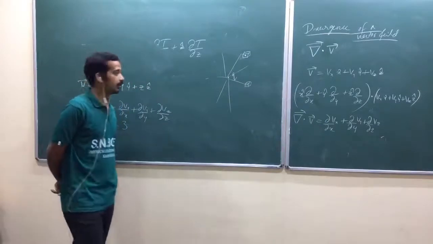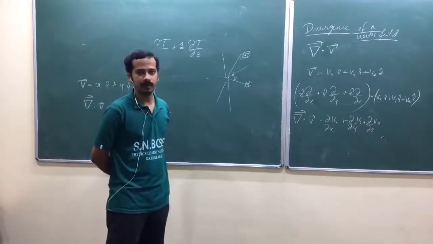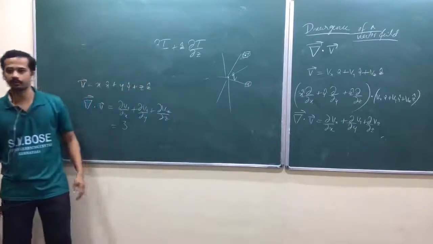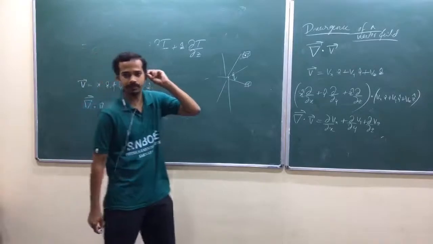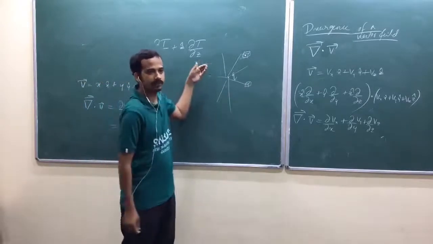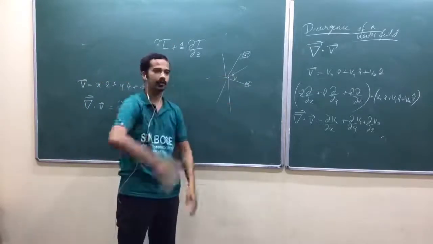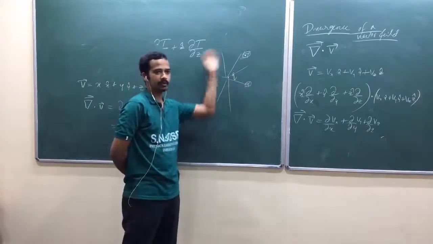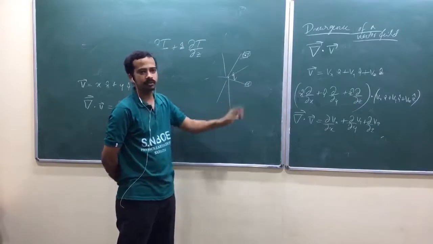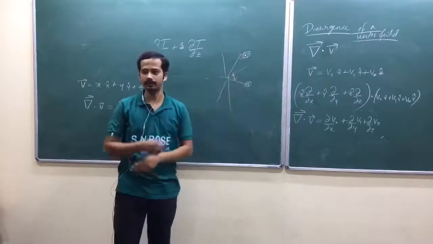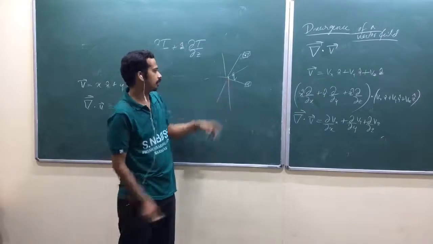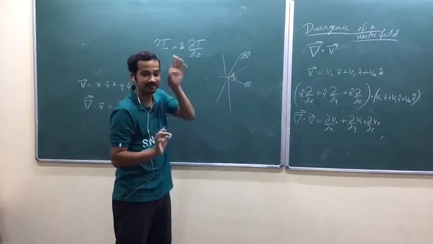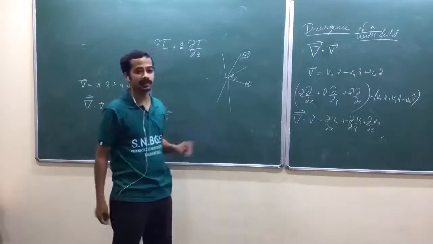Now you can see how that is purely mathematical. If you take your electric field equation and take a divergence, you will get divergence 0. What do you mean by divergence 0? The number of field lines going into that point should be equal to the number of field lines going outward from that point. That says divergence is 0 at any other point, so there is no other source of electric field at any other point. The only source of electric field is this plus Q charge. Electrostatic field, I am talking about electrostatic.